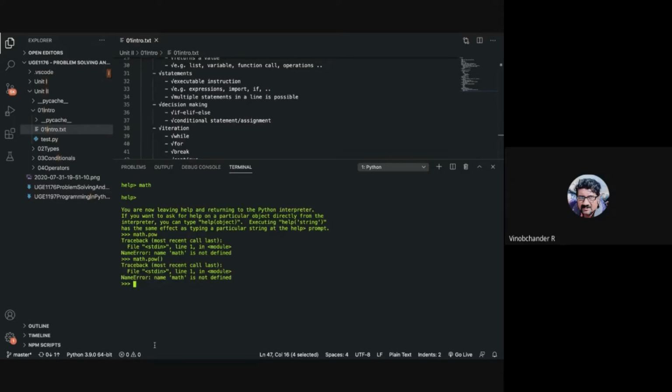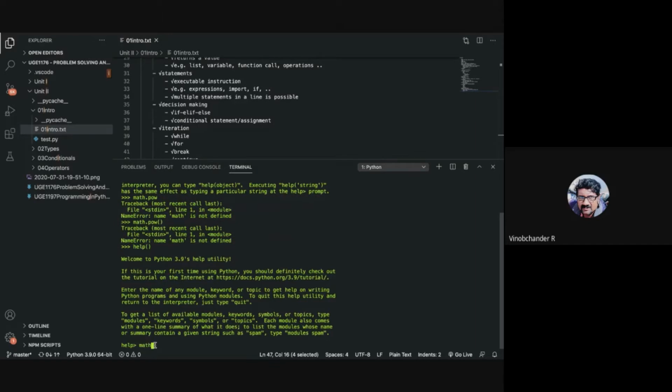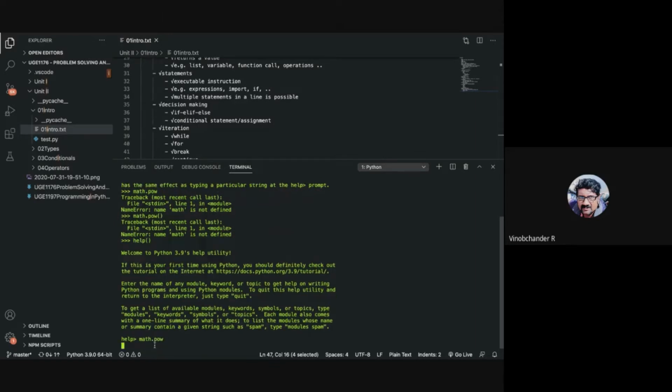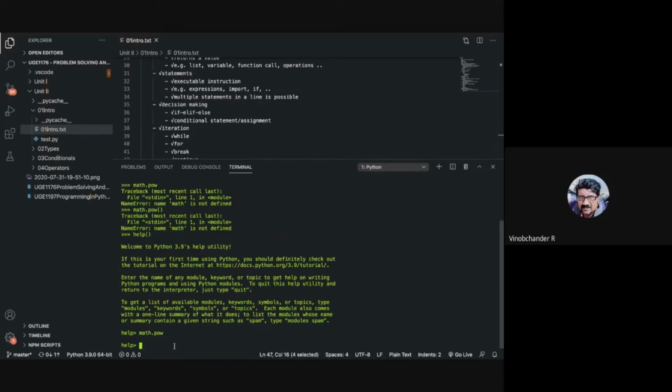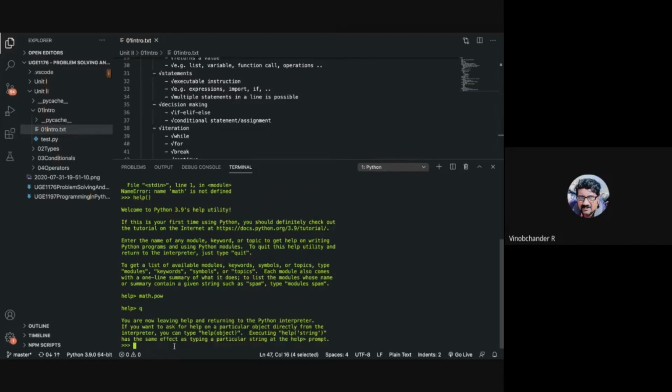You need to go into help and then say math.pow. It shows the syntax and the documentation for that. It returns x to the power of y. So this is another way. To quit out of help, you can just type Q, and it will come back to your normal REPL prompt.